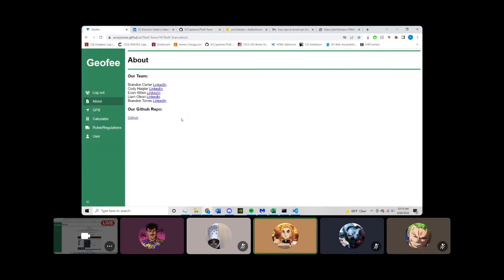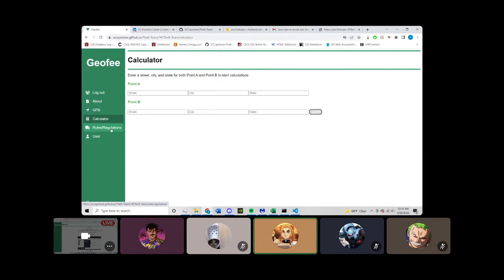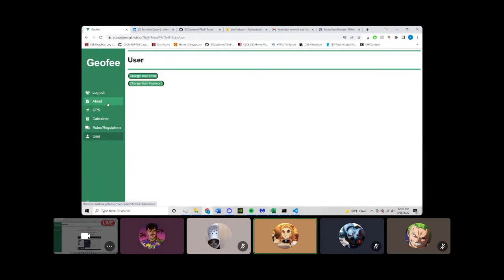This also brings me to the general UI of the page. We worked on trying to make it look as professional as possible, and as easy to use for the user. So we added this navigation sidebar and things like titles and different fonts and such, which brings us to the